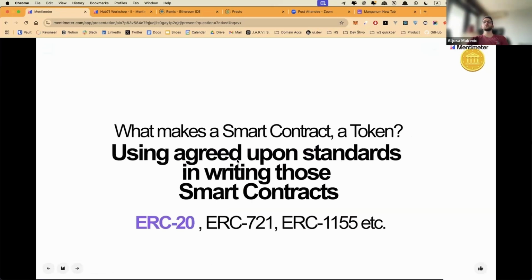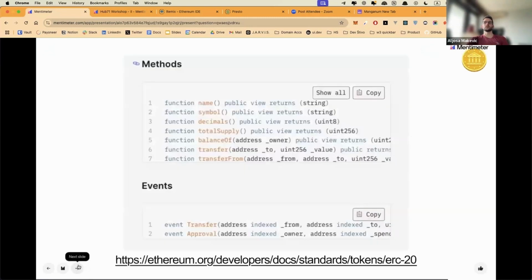As I said, we use agreed upon standards to unanimously agree what is a token and what isn't a token. And that literally looks like this. This is Solidity code. So in order for a token to be a token, it has to literally have a name, a symbol, a specific amount of decimals. It has to have a total supply.